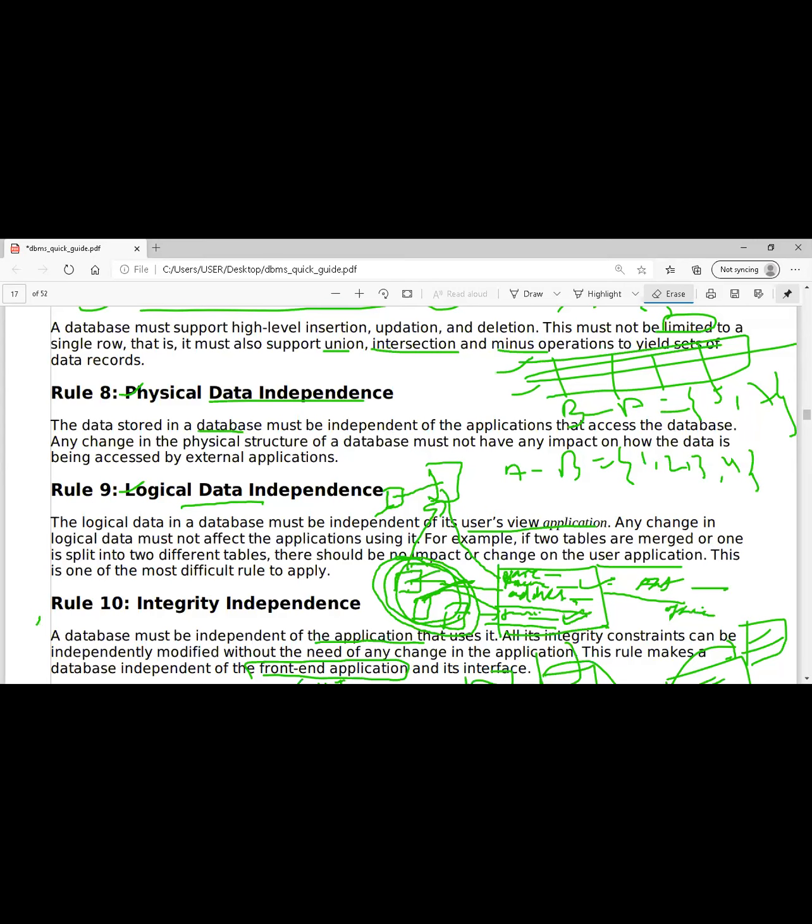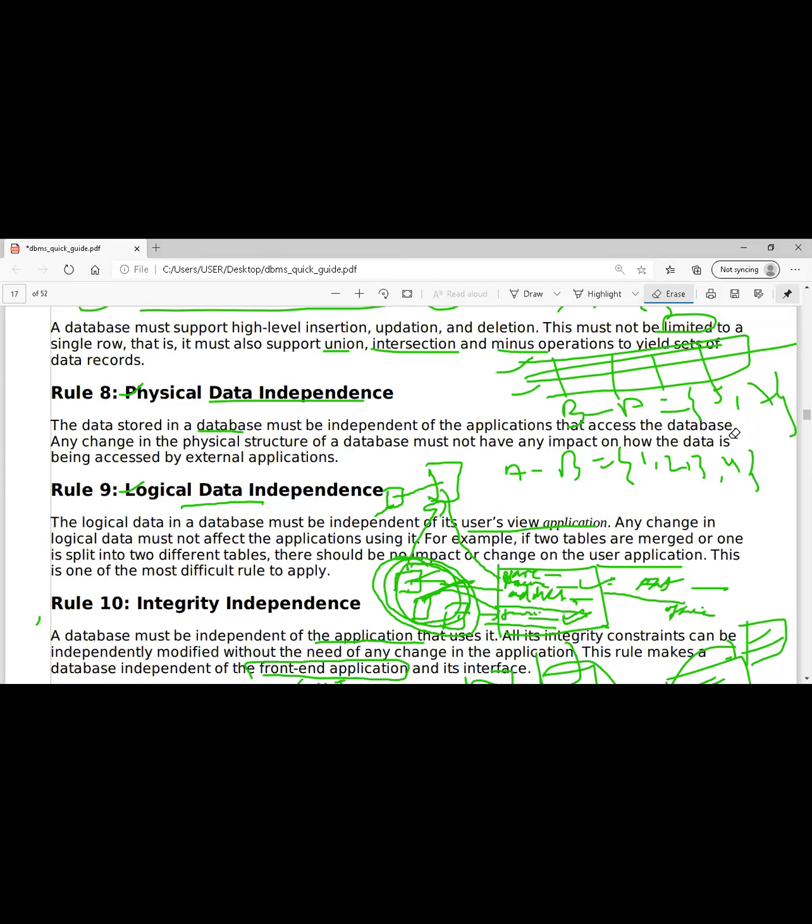Physically, whatever data you are storing should be independent of all the applications that access the database. So I'm using a French computer. My computer will have the French language, my keyboard is in French, and my application is also a French application. For your sake, I cannot change my keyboard to English. But when I'm trying to pick up the data from your database, it should not disturb my physical structure. What is my physical structure? My physical structure is Microsoft OS. I cannot change my structure for you. So my structure should stay like that.